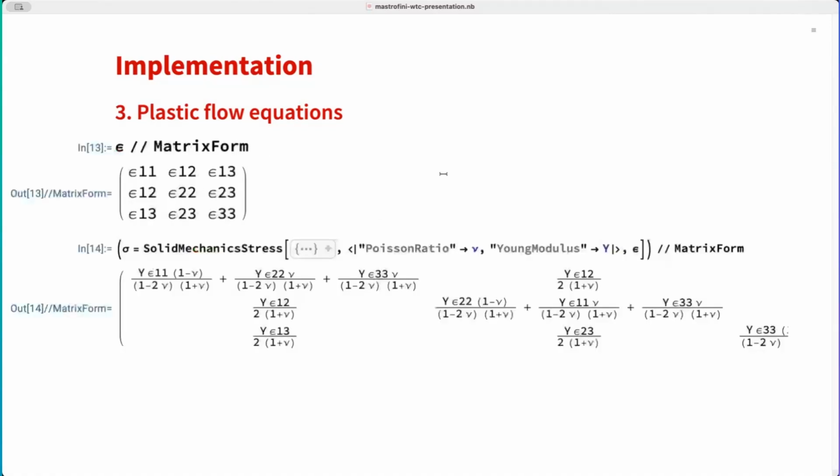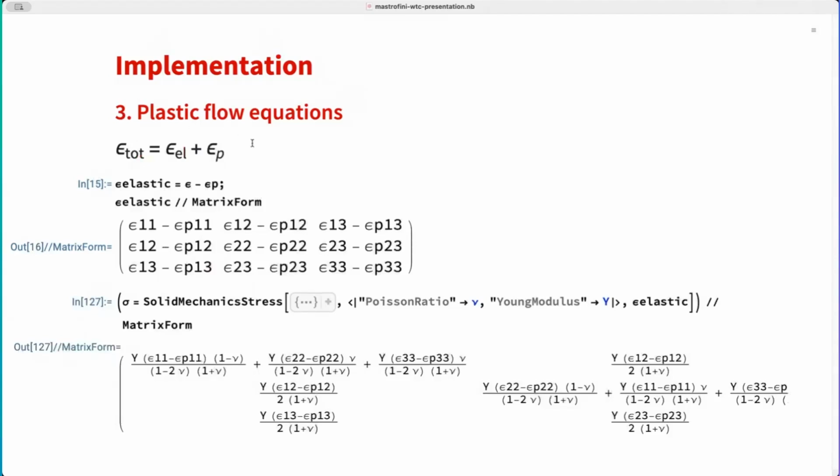In particular, this is the relation of the solid mechanics stress for a linear elastic material with respect to the general strain. But for an elastoplastic problem, the strain is decomposed into an elastic contribution and a plastic contribution, so the stress is computed effectively only from the elastic contribution, giving us a relation to the strain